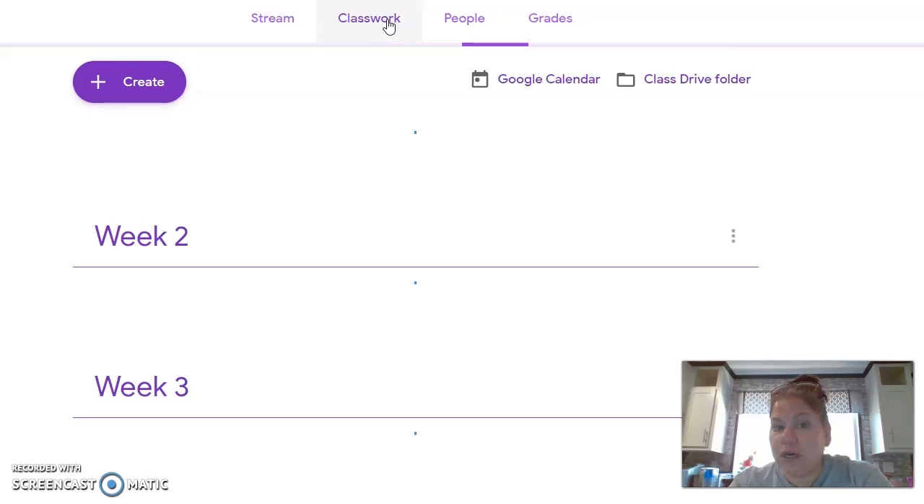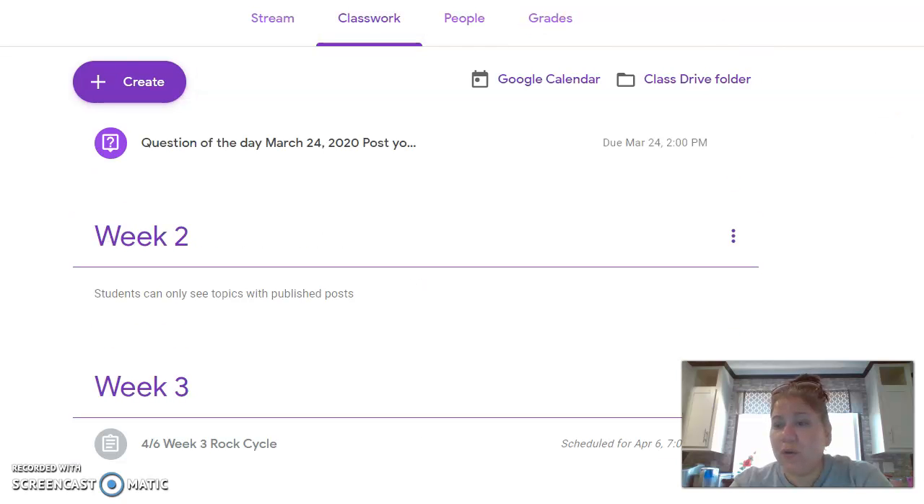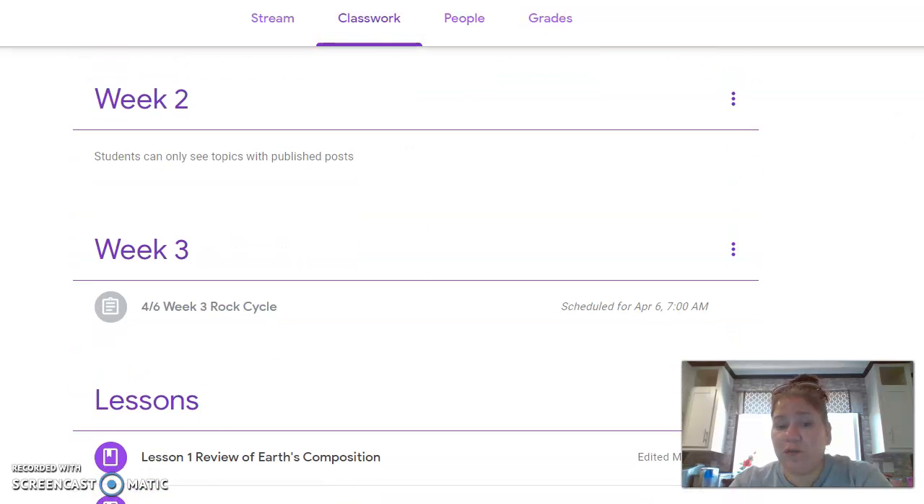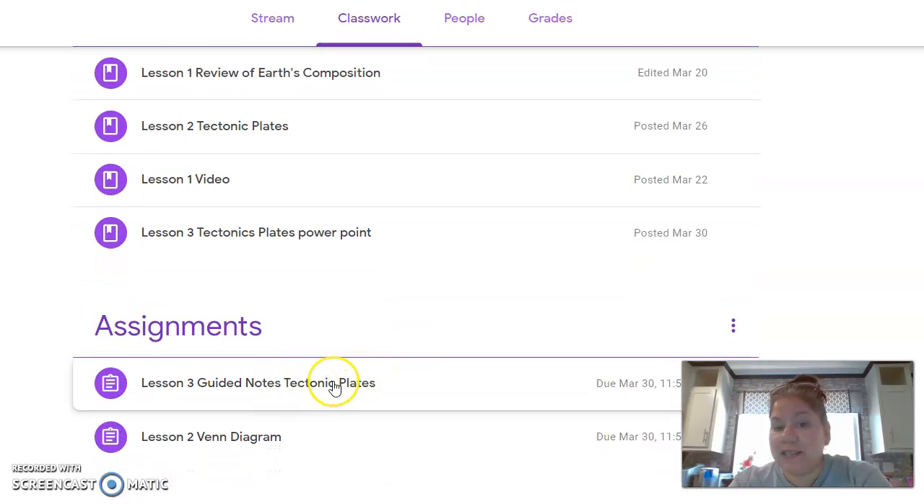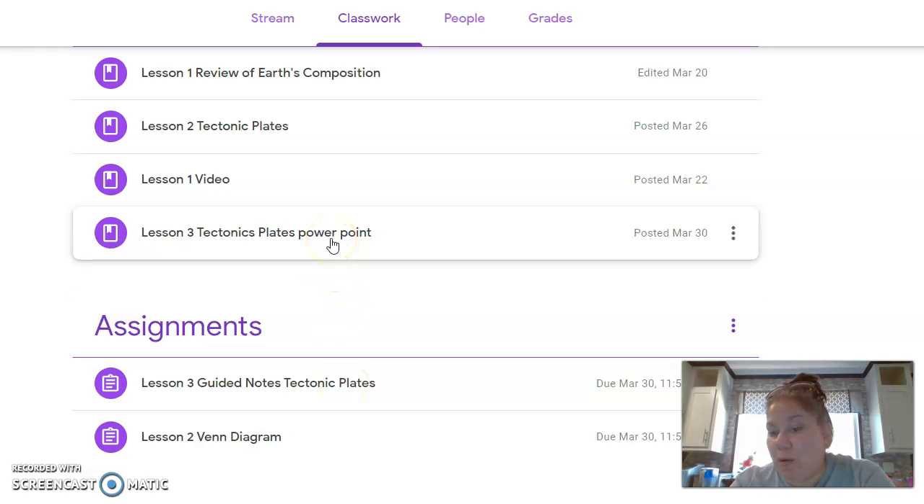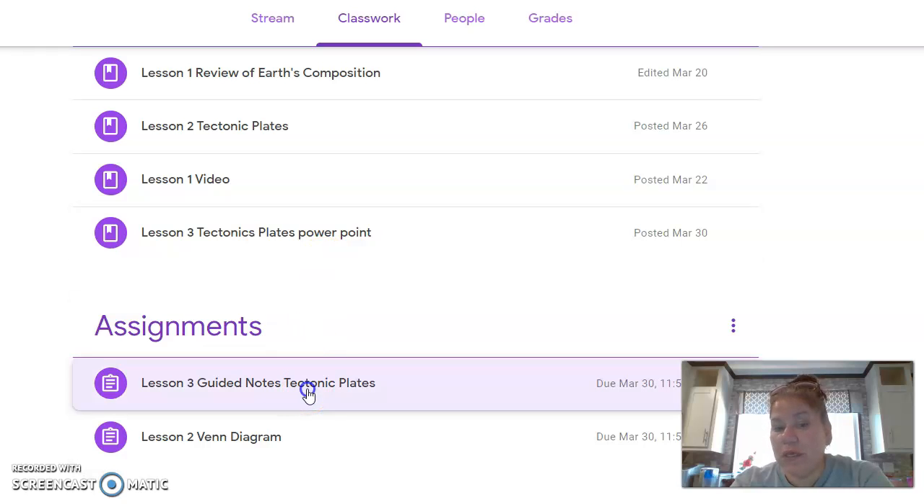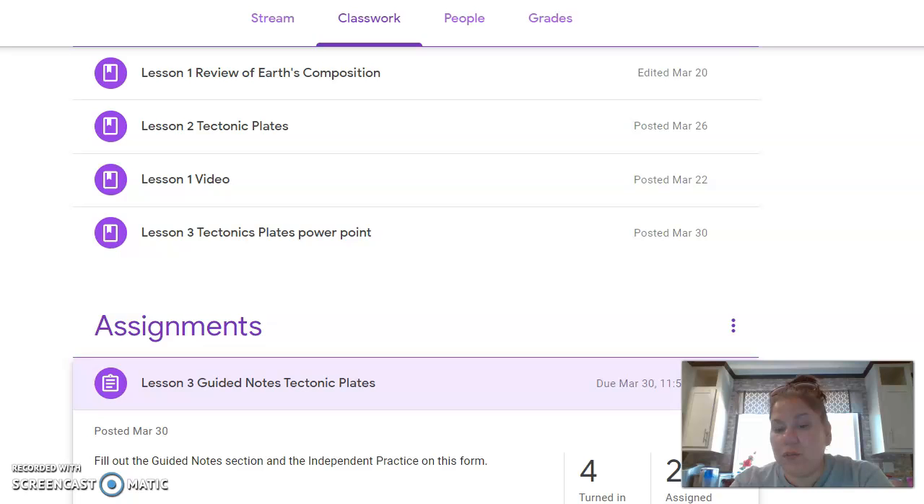So you're going to go into your classwork, and when you go into your classwork, you're going to look for your notes. So your assignments are your lesson 3 guided notes. You're going to need this in order to be able to complete it. And you also need the PowerPoint. So the PowerPoint is what has the information for the guided notes. So once you open up the guided notes,